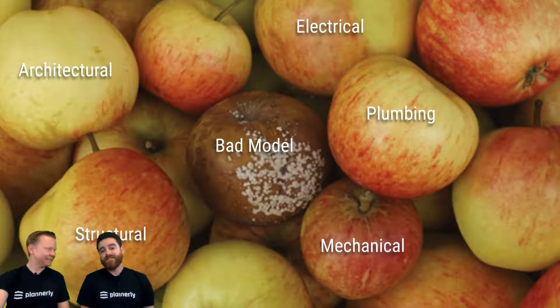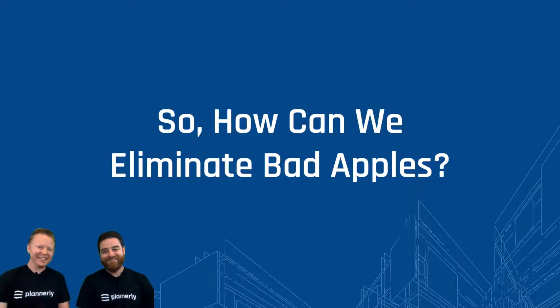What's coordination if you're missing mechanical duct? The piping's fine, but there's missing mechanical duct, so we're obviously avoiding some clashes that could or could not have been there. So coordinating around something that's not there is pretty tough. So how can we eliminate those bad apples? How can we go through a workflow that will help us to eliminate them?